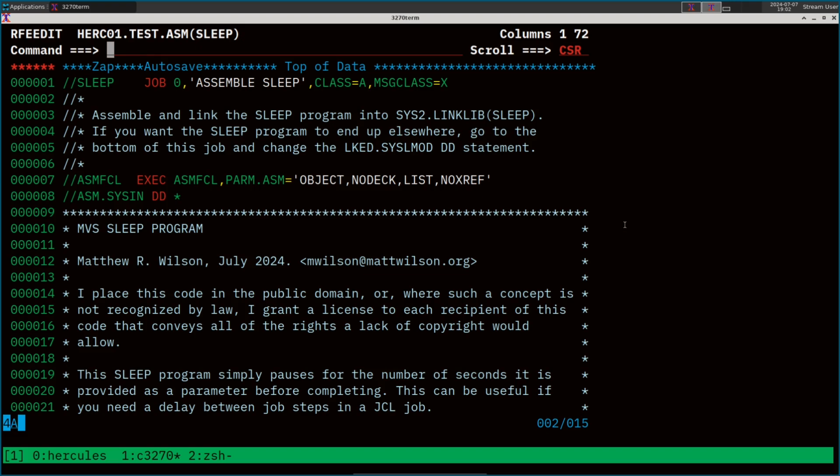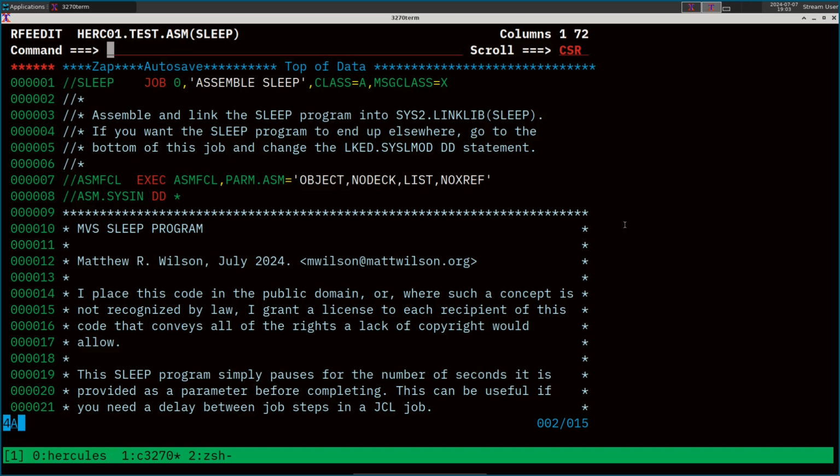And in the z/OS world, somebody suggested running a Unix System Services task that then just runs the bin sleep command and provide it a number of seconds you want to sleep, which works, but it seems a bit heavyweight to have to use that BPX, whatever the executable is called,